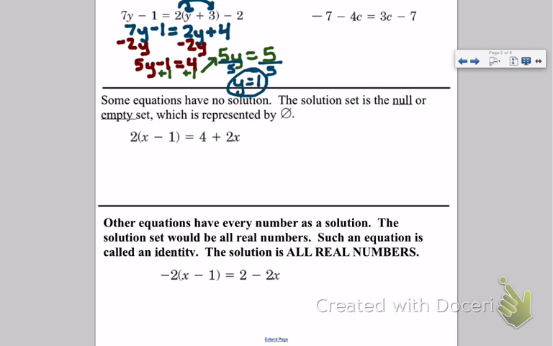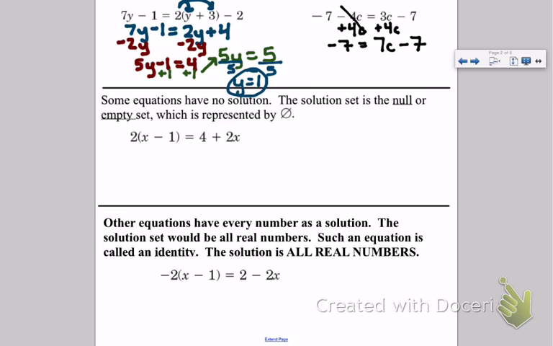Right, if we look at the next example, we have variables on both sides. So I'm going to move the 4c over so that I can keep a positive coefficient. So because I've subtracted a 4c, the opposite would be to add a 4c. So I get negative 7 equals negative 4c plus 4c cancels out, and then 3c plus 4c is 7c minus